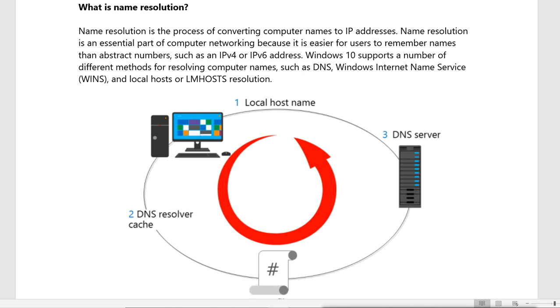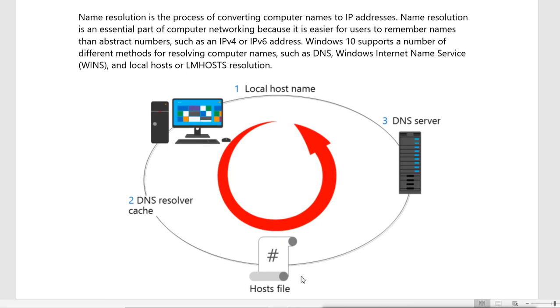Name resolution is an essential part of computer networking, because it is easier for users to remember names than abstract numbers such as an IP address. IPv4, and even IPv6, is more difficult than IPv4. So Windows 10 supports a number of different methods for resolving computer names, such as DNS, Windows Internet Name Service, WINS, and local host resolution.